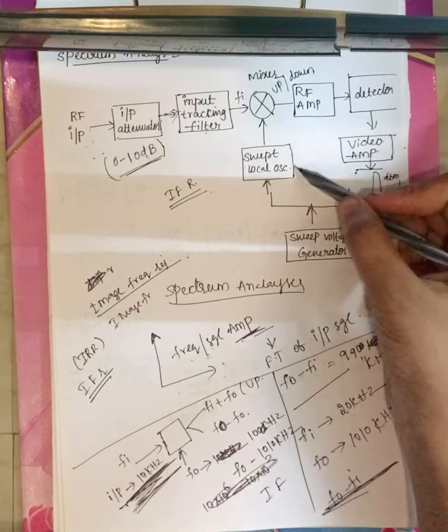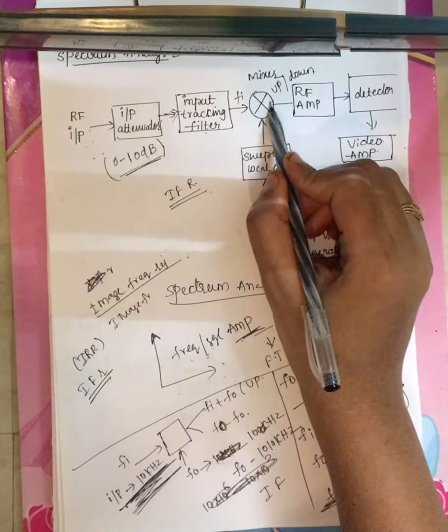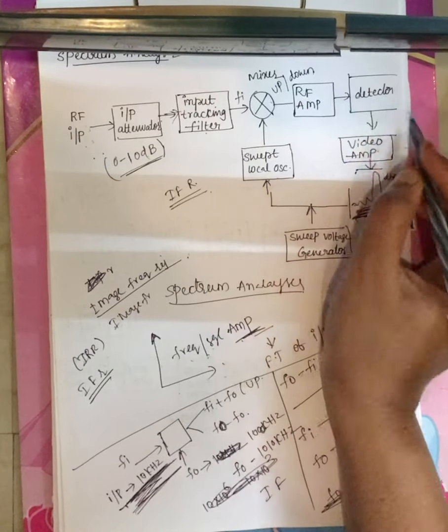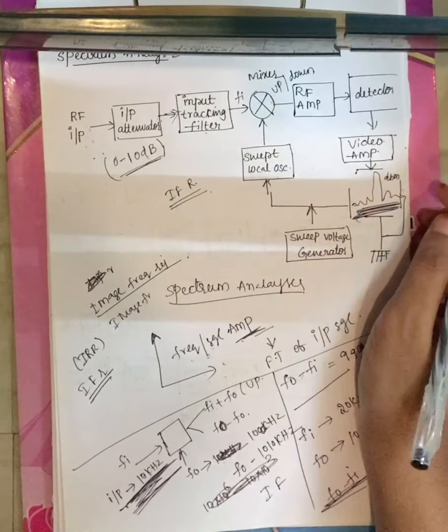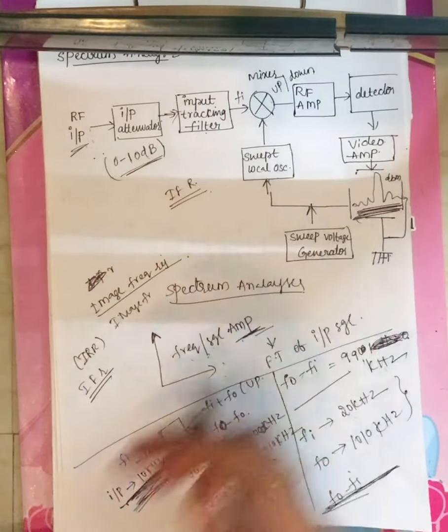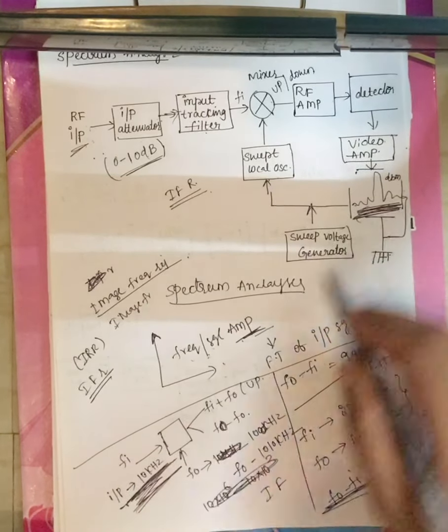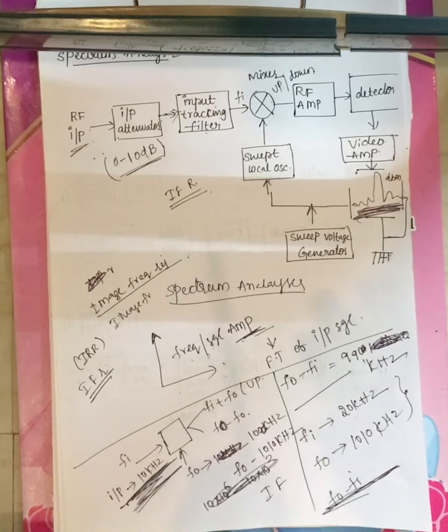The local oscillator generates the local oscillator signal. The mixer up converts or down converts the signal, and that is given to the RF amplifier. Finally you get the spectrum of the RF input signal, that is frequency versus signal amplitude, where the signal amplitude is the Fourier transform of the input signal. This is the output you are getting finally. The spectrum analyzer measures the spectrum of the RF or microwave input signal, frequency versus signal amplitude. Now this is about the spectrum analyzer.